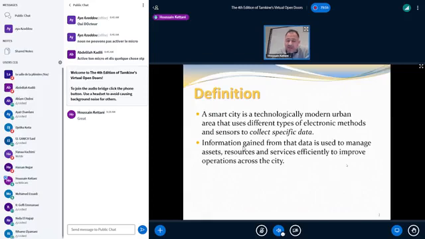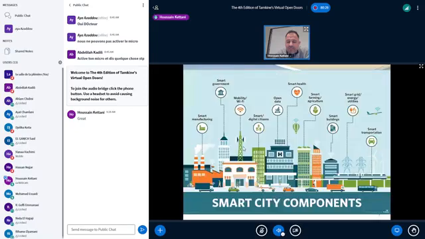Gained from that data is used to manage assets, resources, and services efficiently to improve operations across the city. And it's a continuous effort to improve the level of services, the quality, and including management of resources, including the well-being of citizens in various aspects. So here's a picture that just shows